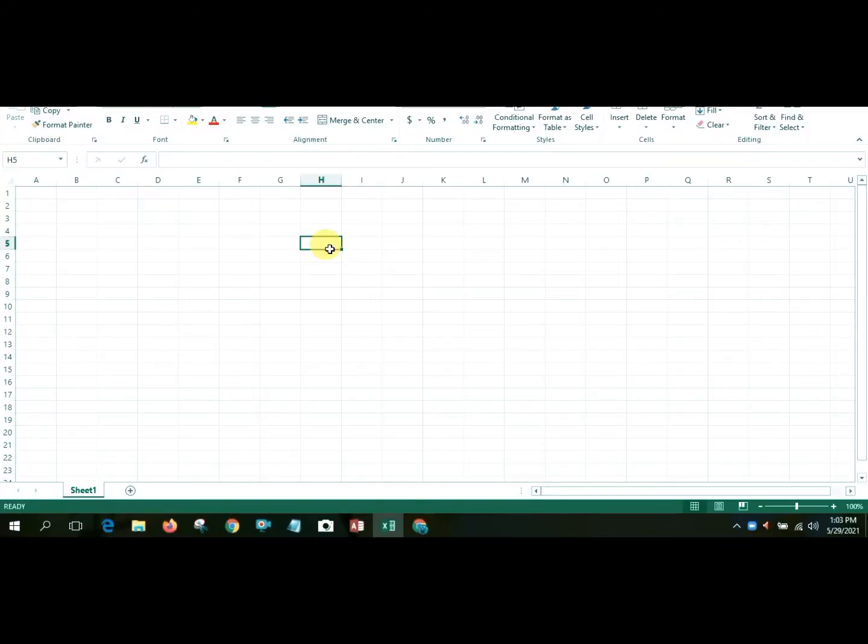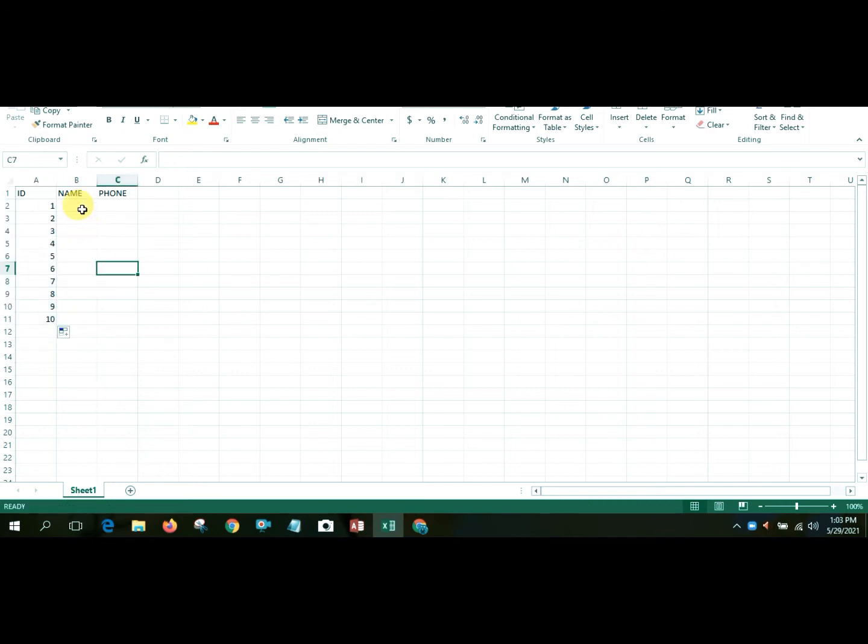Create any table like ID, name, phone. Okay, no problem, that's a simple table. ID, suppose 1, 2 up to 10.